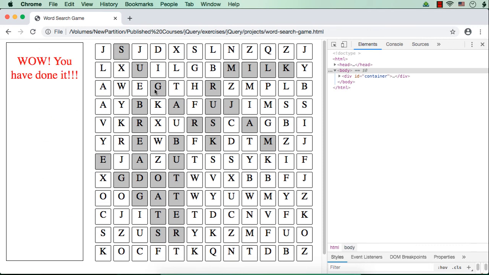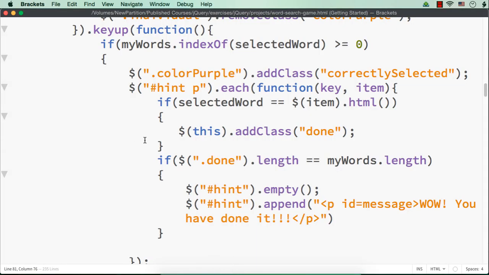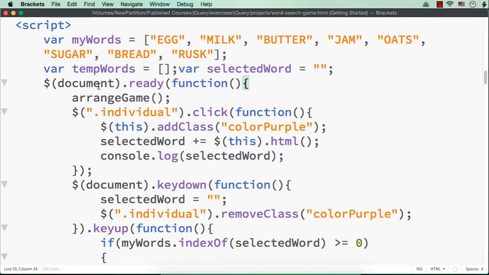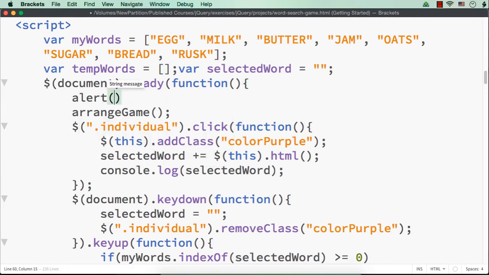Now we can display some rules for the player to understand about the game in the beginning. So for that, what we can do here, before arranging the game, let me try to add a message like alert, rules. We can use div element if we want. I'm just using alert message itself. 1.